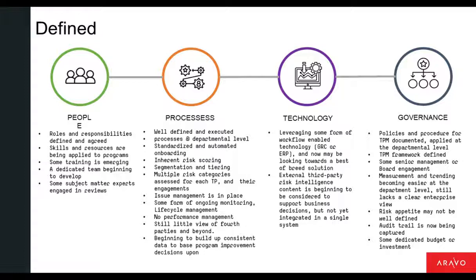Also at this stage, organizations might be taking advantage of various risk intelligence data, such as SecurityScorecard or BitSight for cyber health and cyber ratings, Refinitiv for screening and ABAC compliance, RapidRatings for financial health, and so on. Now, this data might not be fully integrated into their workflow technology at this point in time for validation and continuous monitoring, but that risk intelligence will likely have started to be applied in programs.